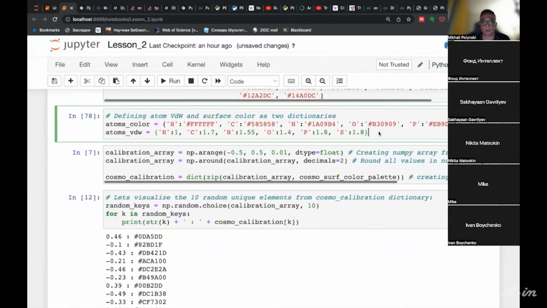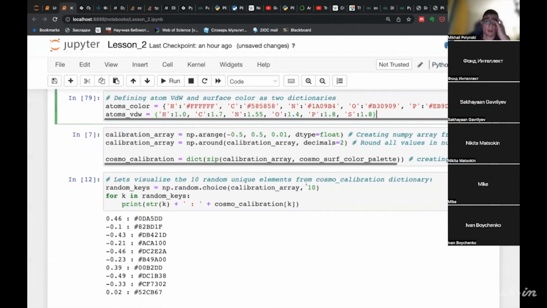We also have a dictionary with van der Waals radii of elements.